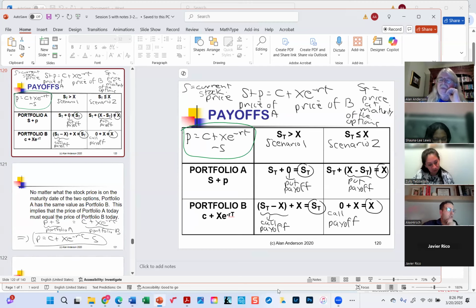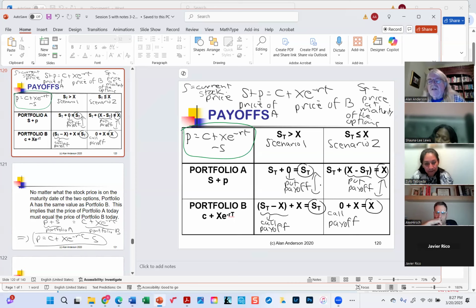So in other words, what we're comparing is these two. They have to be the same, no matter what happens to the stock price, because if you look at these scenarios, they cover all the possibilities. There's nothing else that can happen to the stock price. It's either above X or it's not. So what we've proven is that at this point in time in the future, the two portfolios are guaranteed to have the same value,